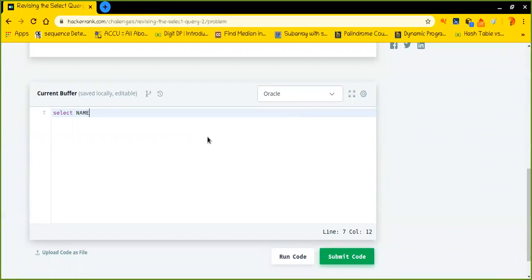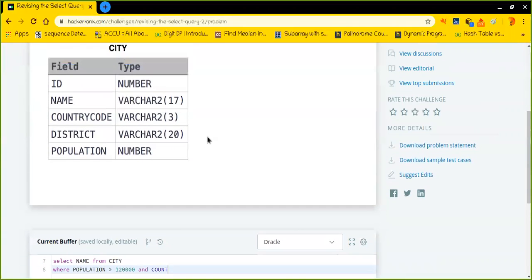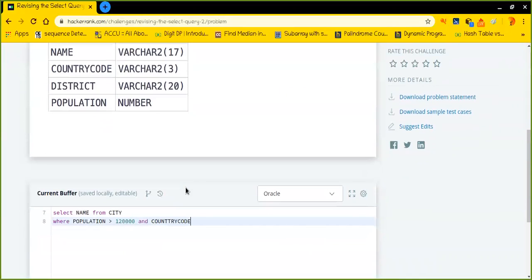So this is why we need to print only the names from city where population is larger than this value, and the country code is this country code, yeah, the country code should be USA.